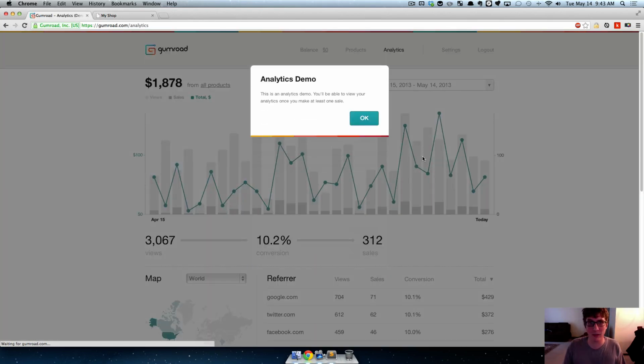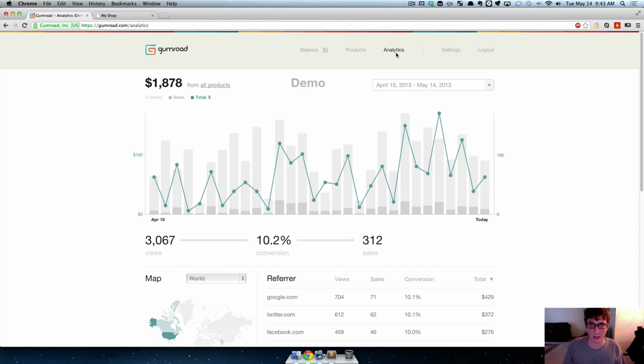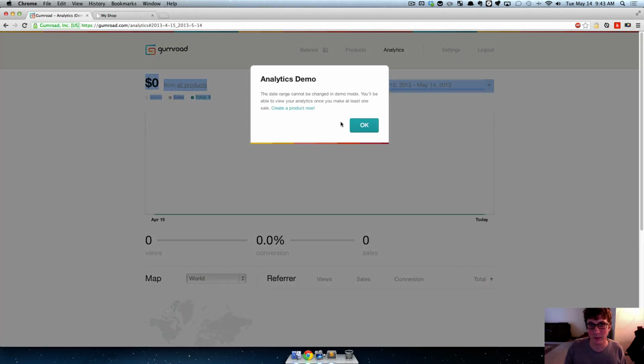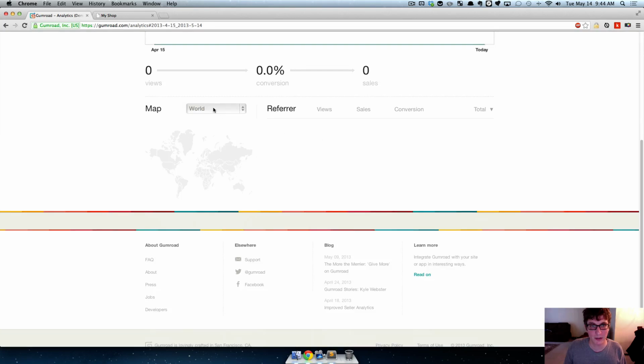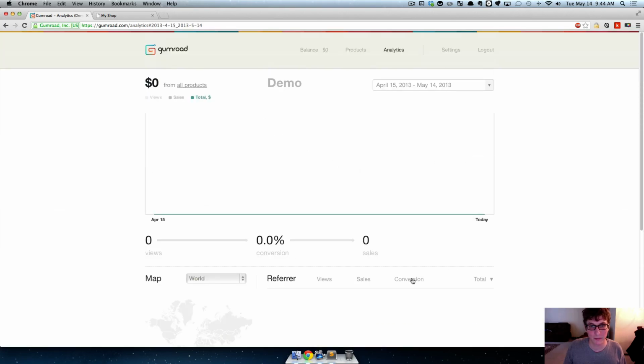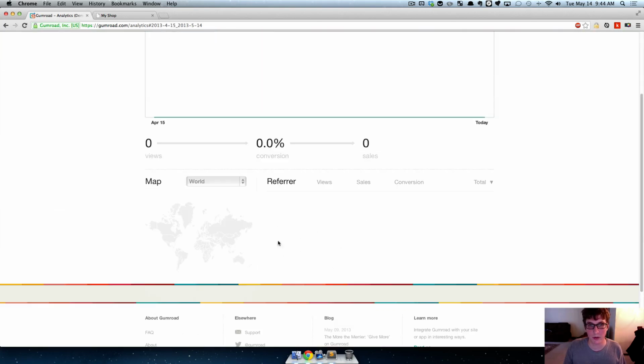It's that easy. Once you start selling stuff, you can check out your analytics, and you can click on this to see each product that you're selling. You can check as many products as you want just to get analytics specific for them. You can see how you're doing over time. You can specify a custom date range. You can check out all kinds of stuff, like where they're all coming from,